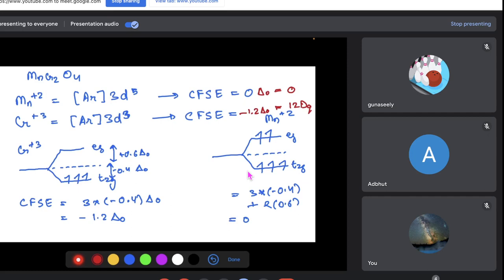So here, for my MnCr2O4 complex, as we have seen, the CFSE for chromium plus 3, the trivalent, is more than the CFSE of the divalent. So this is a normal spinel. So this is a normal spinel, and the total CFSE that we will calculate is